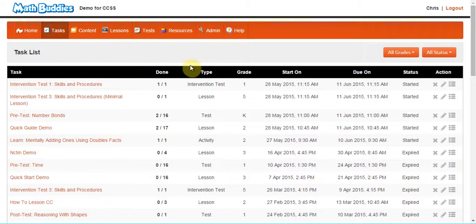We can see what type it is under the type column. This happens to be an intervention test, there was a lesson, there was a pre-test. This is another assignment here, this quick guide demo. That's the one that I want to track. So I can see that 2 out of my 17 students have completed this assignment, but I need more information,